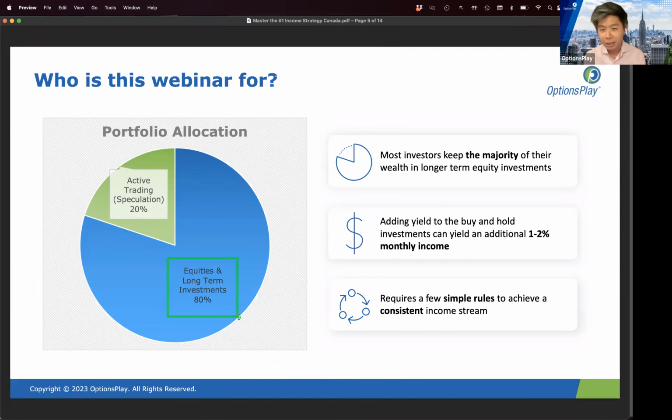Despite that, I see that most of investors' wealth is tied up in long-term investments. These are stocks, these are ETFs that you have in your trading account, your investment account, your retirement account. These are largely stocks that you're not buying and selling actively. You're largely not even swing trading them. You're typically buying and holding these types of investments. Now, while this is not true for everyone, the 80-20 rule quite applies here. Most of the time, I see the vast majority of wealth is tied up in these longer term investments.